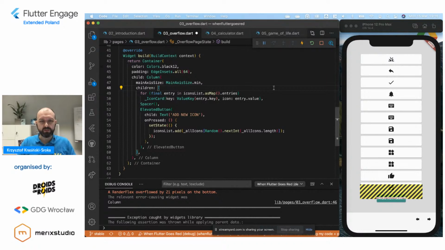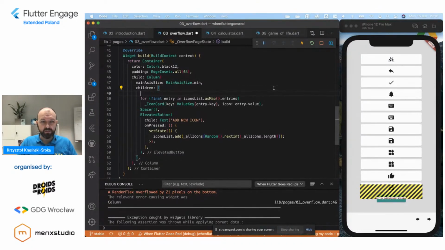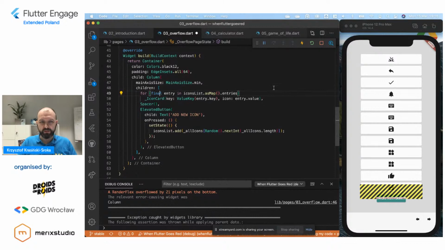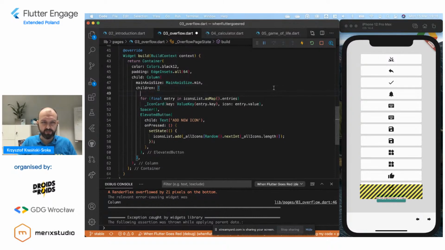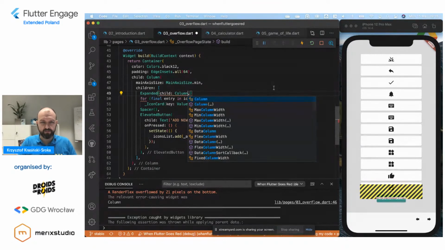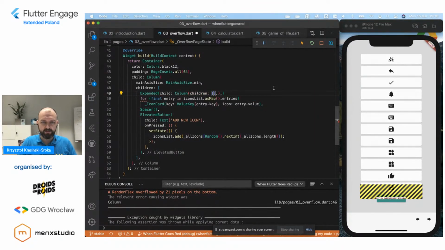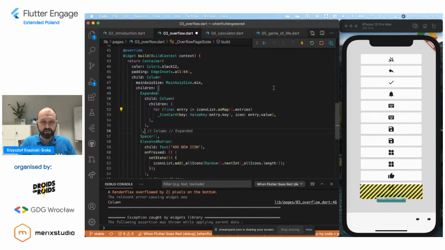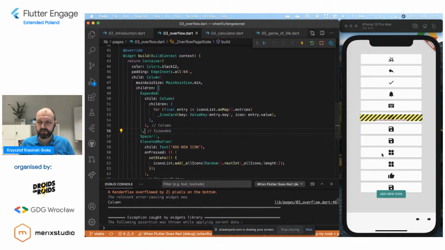So what we could do is wrap this into some kind of an expanded container, like, let me write this quickly, Expanded, child, and a Column, right? Column with children, and I don't know, take this, format, and oh, we have it in a different place.